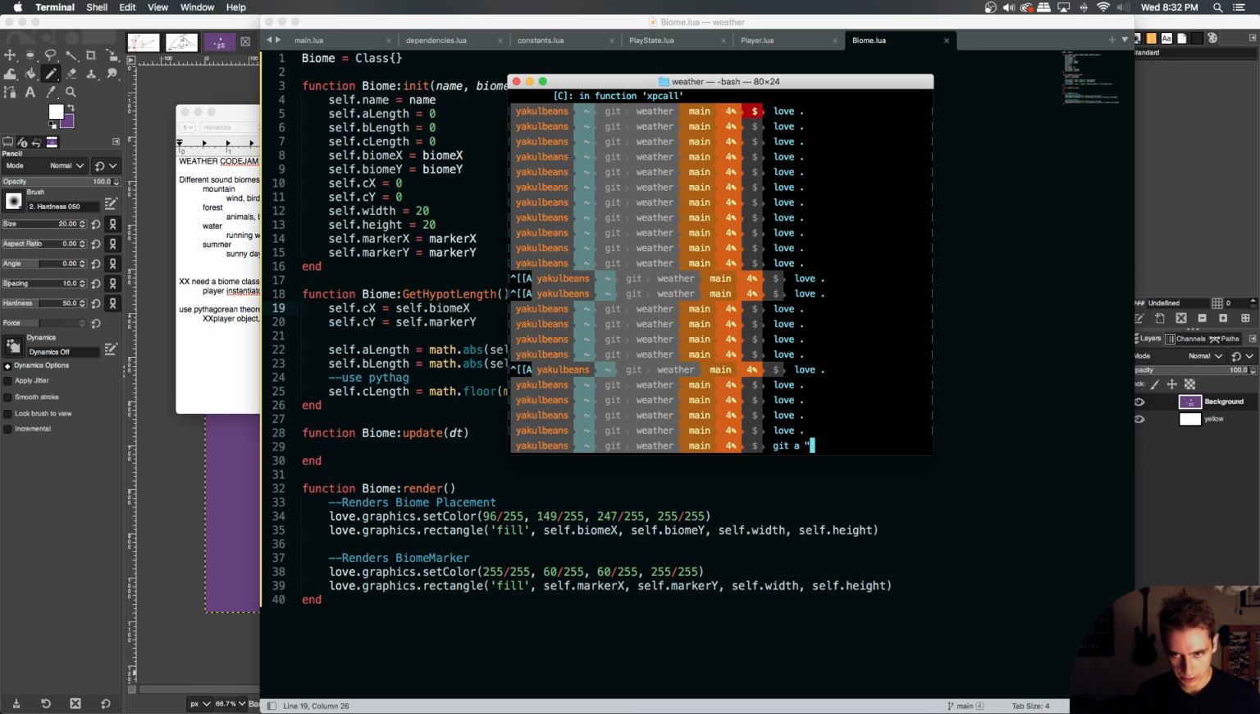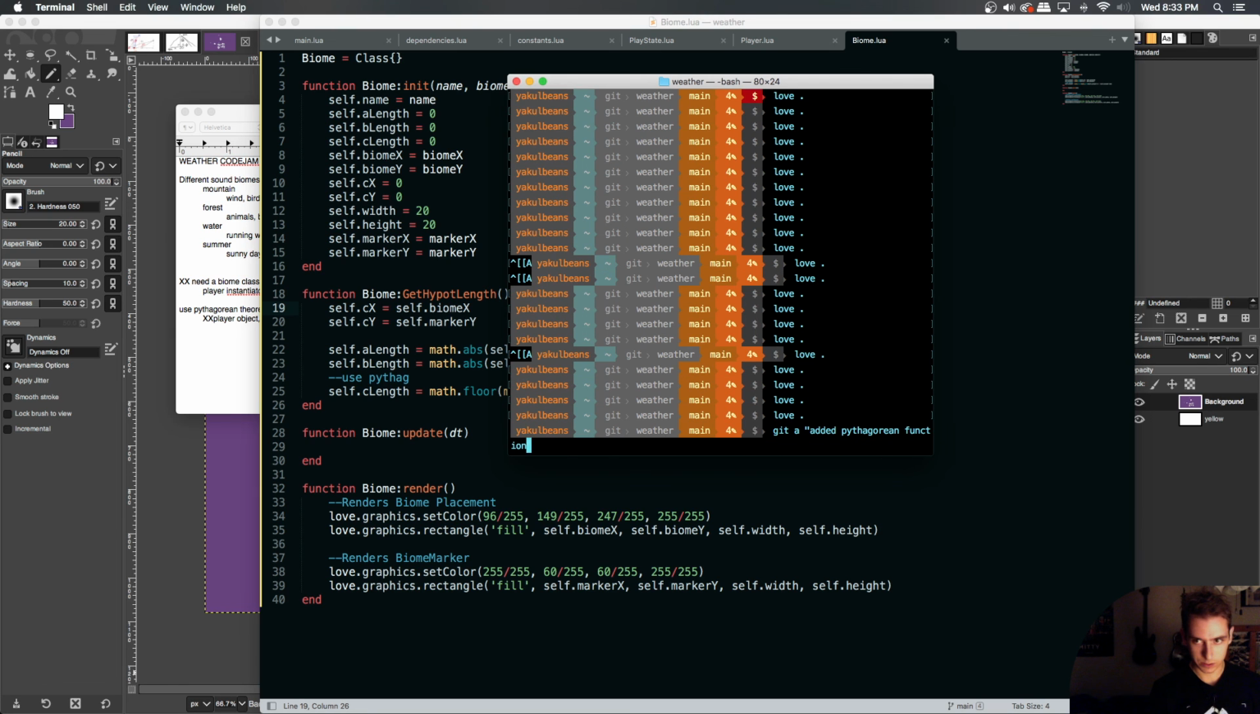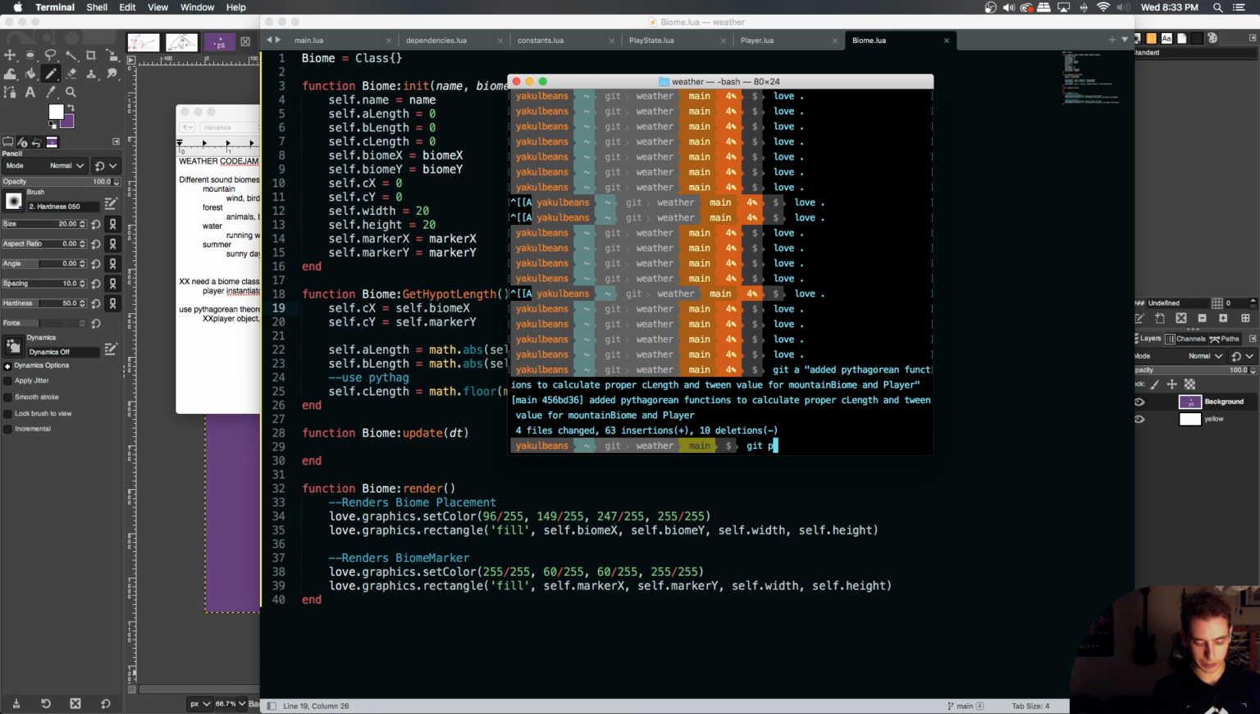Git add, and git commit with a message saying: added Pythagorean functions to calculate proper C value, cLength, and tween value for mountainBiome and player. And then I'm going to git push to our origin main,